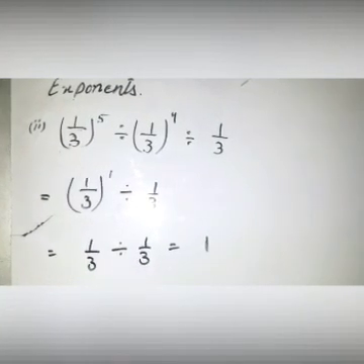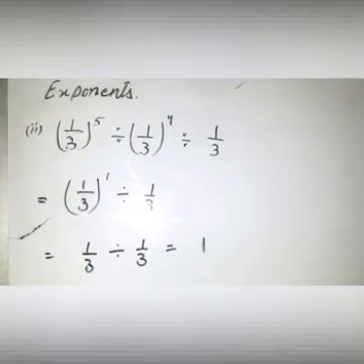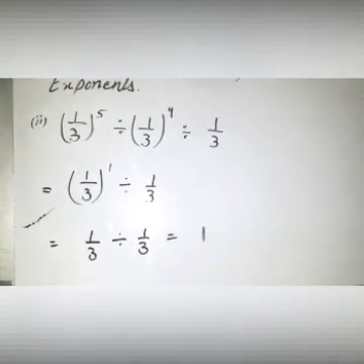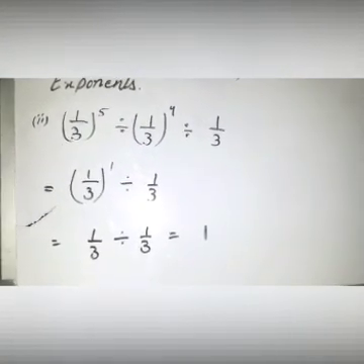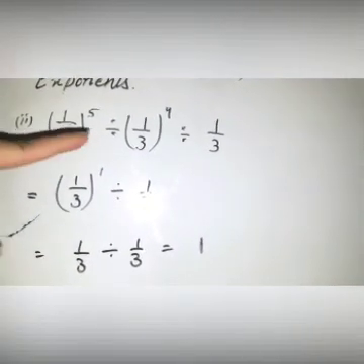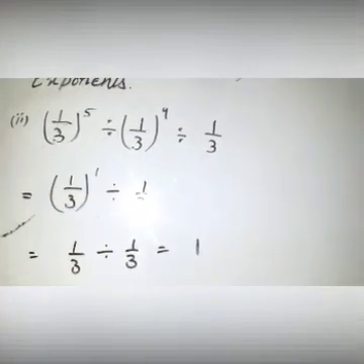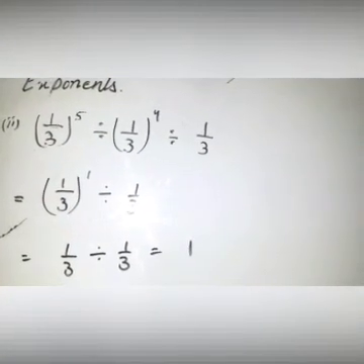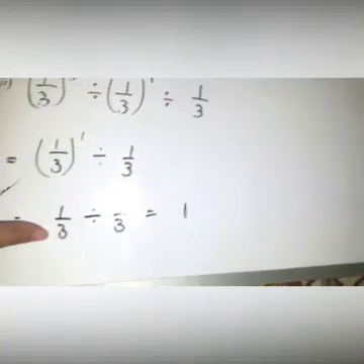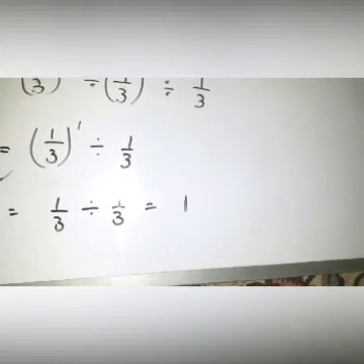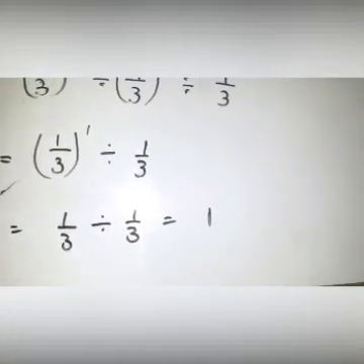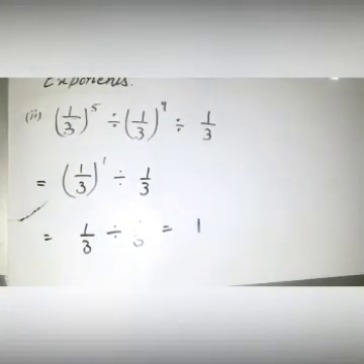Now question number 7 part 2, (1/3)^5 divided by (1/3)^4 divided by 1/3. When you solve the brackets, divide is here, so it means it will be subtract, 4 subtract 5, the answer will be 1. (1/3)^1 divided by 1/3. 1 over 3 has the power of 1, so it will not be written in the shape of power, so 1 over 3 divided by 1 over 3 is equal to 1. That is part 2.